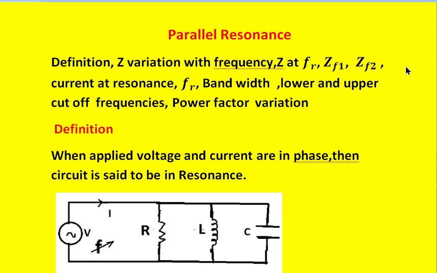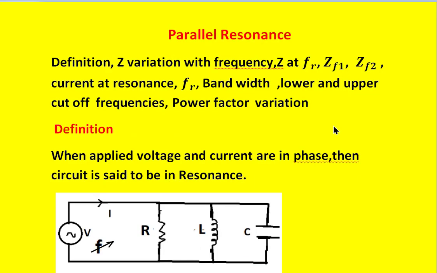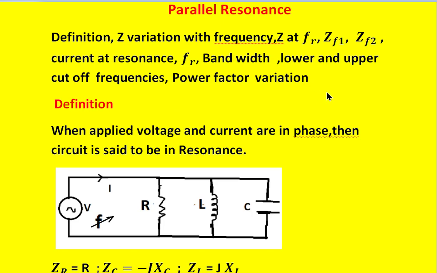and it is also observed that the impedance at half power frequencies is the same, and we also obtained the resonance frequency as 1 by 2 pi root LC, and also obtained the bandwidth, and also obtained the relation between the resonance frequency and the lower cutoff frequency, and the resonance frequency relation with the upper cutoff frequency, and also observed the power factor variation, which simply follows the voltage curve in the circuit, and it is maximum at resonance condition,